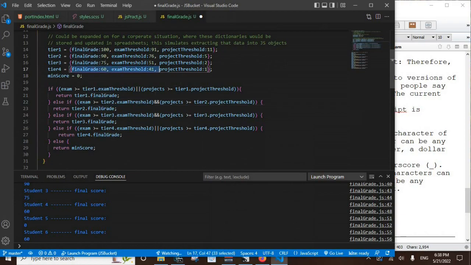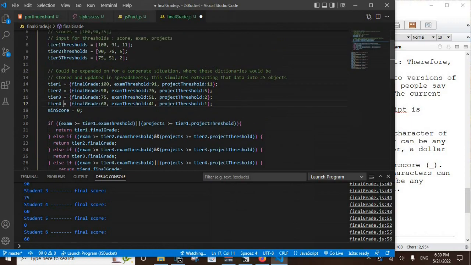But to me, this is a dictionary, because I'm not saying object tier 1 has this name for it, or the object here has this property, that property, and the other property. We're not going to do that, and I'm jumping back and forth.